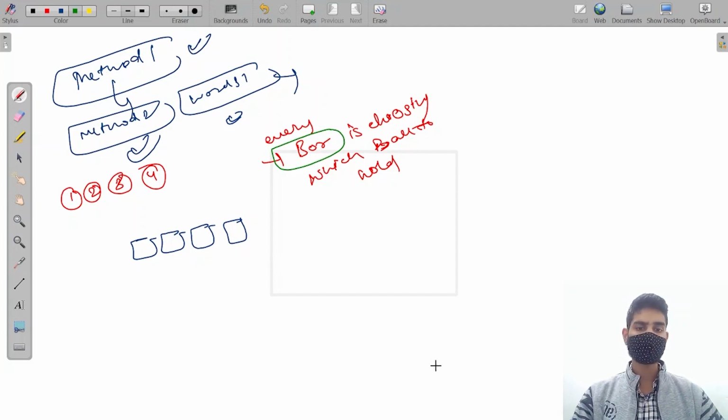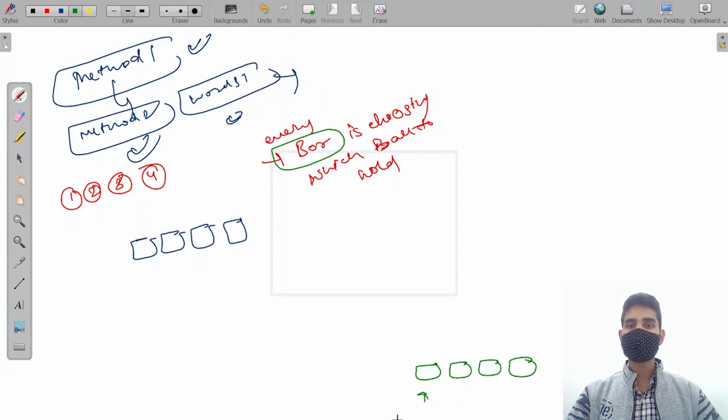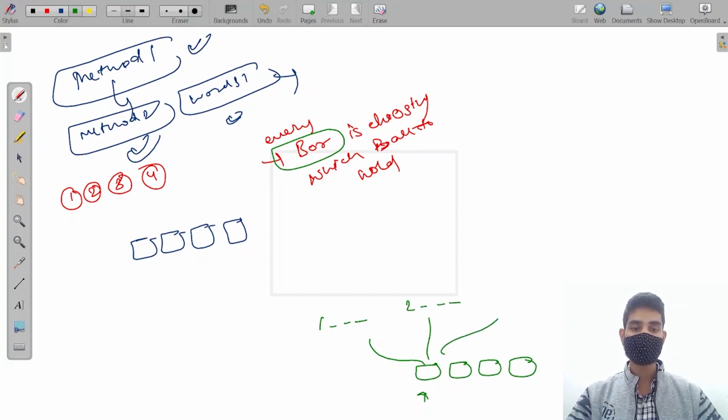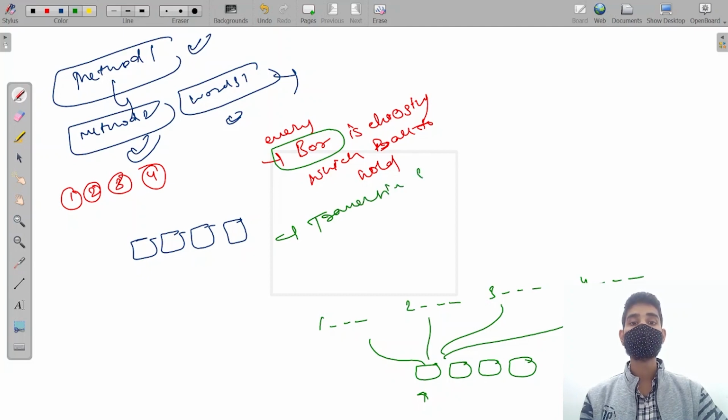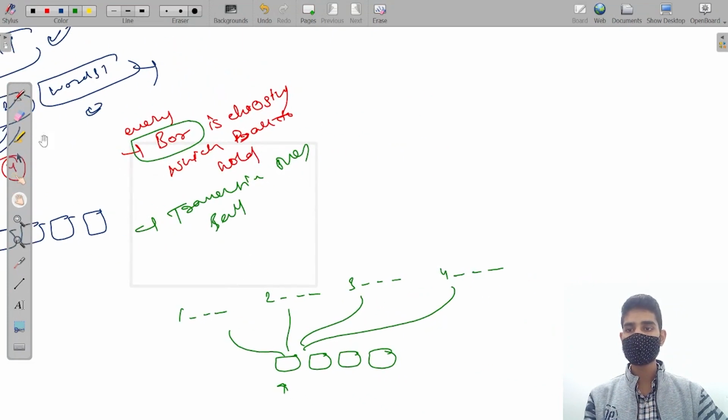So basically, what's the graph? I am going to write only 1 or 2 calls, and I am talking about the first box. This box has 4 choices. Either it can hold the first ball, so 1 dash dash dash. If it decides to hold the second ball, 2 dash dash dash, 3 dash dash dash, and 4 dash dash dash. Every box is going to decide which ball to hold. So we are traversing over balls. But our case is totally different, because in method second,